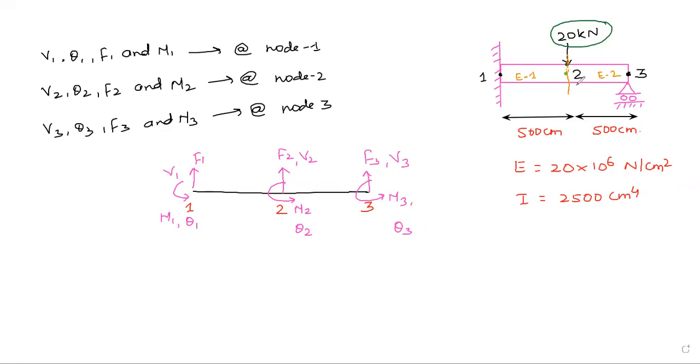Okay, so directly we will jump into the stiffness matrix now. Already we have derived the formula for a stiffness matrix for a beam element, so we will use that. Here how many elements are there? 2 elements. So we will have 2 such stiffness matrices, K1 and K2. So first we are going for element number 1. For element 1, we are going to find the stiffness matrix. Let us take the stiffness matrix for element 1 as K1, that will be equal to